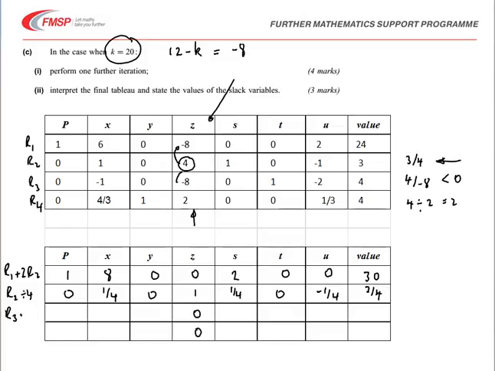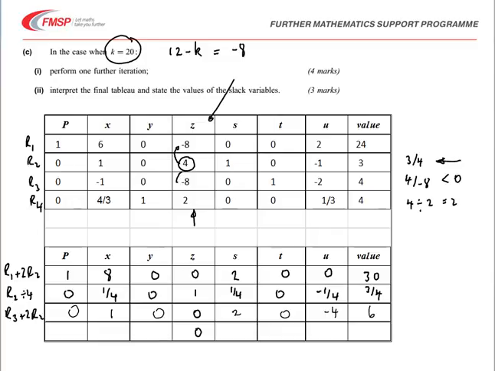So this will be row 3 plus 2 lots of row 2. So that gives us values of 0, 1, 0, 0, and then we're adding 2 lots of 1, so 2, 0, -4, and